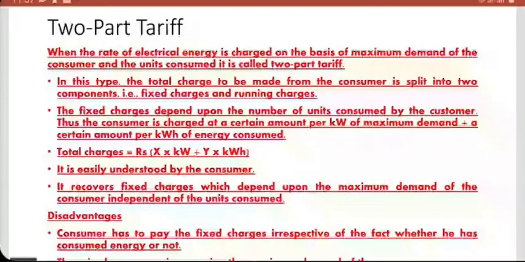Fixed charges plus running charges. You walk into any big company or any big manufacturer in Jaipur city or any city, you will find that one of their biggest obsessions is how to minimize the payment to the electricity supply company. And these are the kind of solutions that electricity supply companies come up with. Besides paying the salary to the employees, this is the second most important component in running a factory.